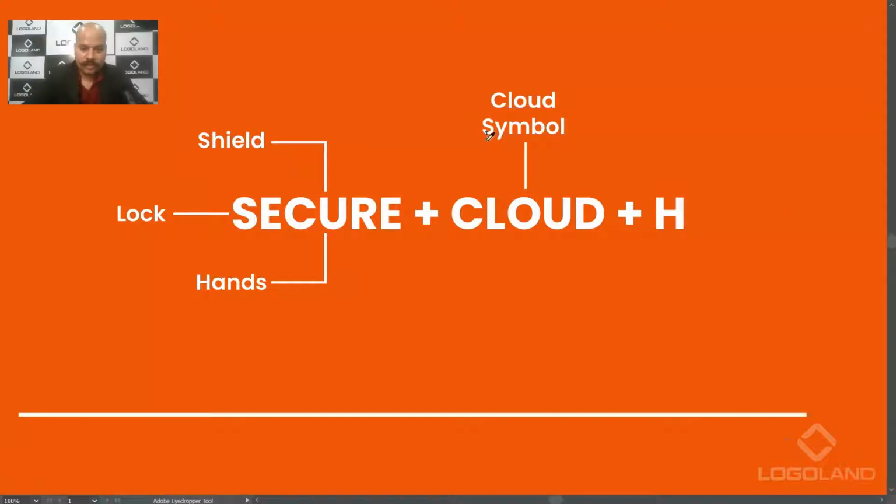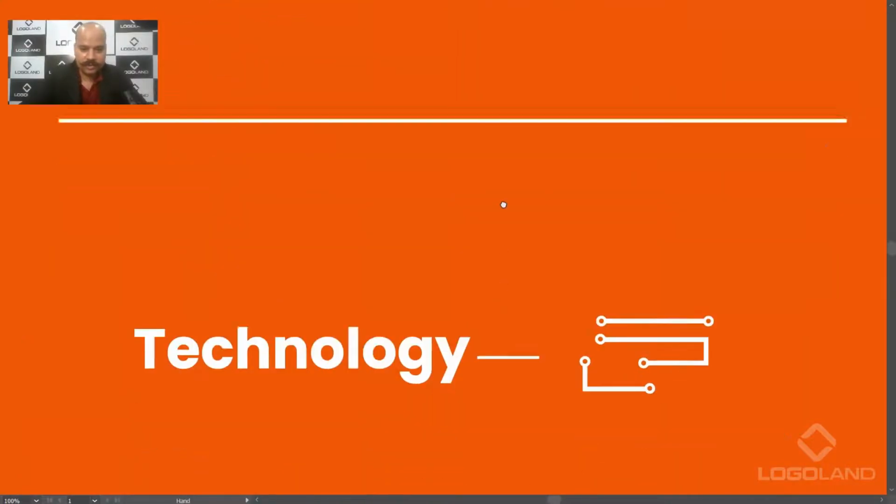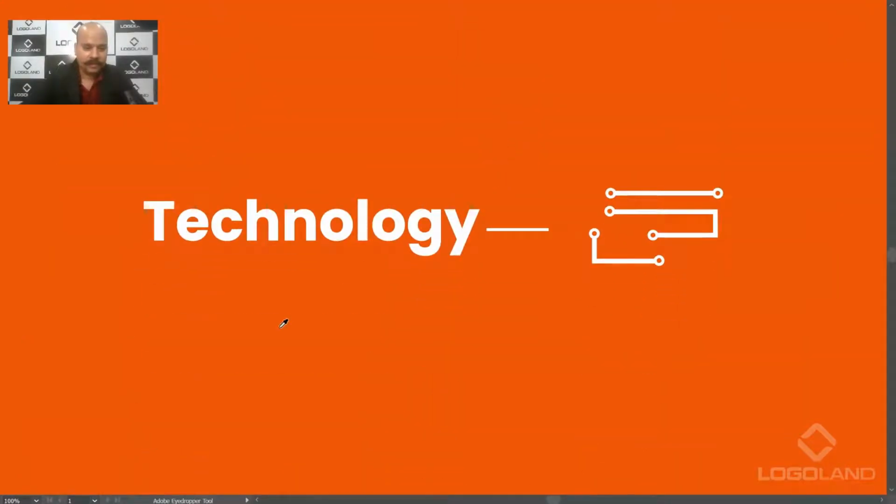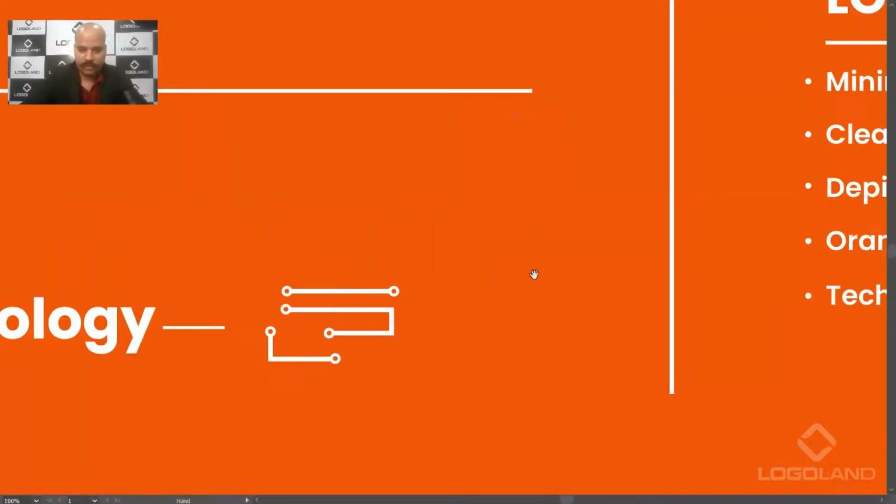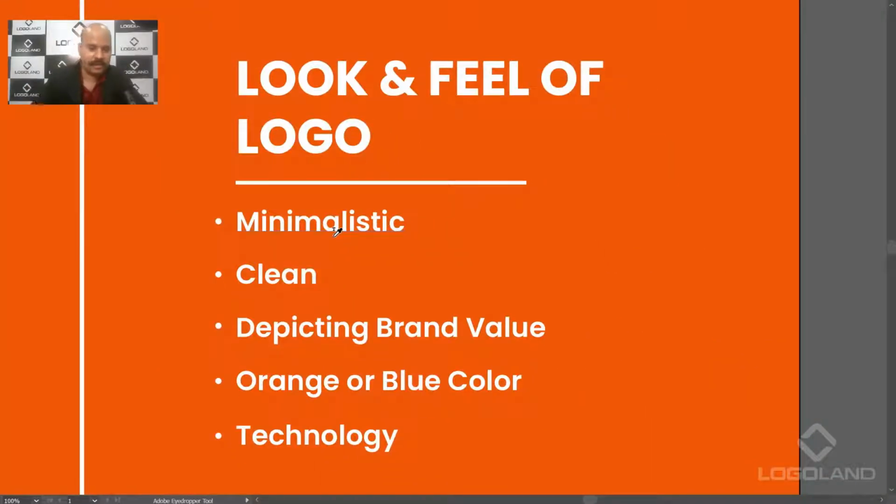So cloud, of course, I'm going to use the cloud symbol as well. H, I will have H symbol, H alphabet in the logo. So this is all about three things. Now let's move down here. Technology, because this is a cloud computing based technology, so we have to take care about this also. So this is the symbol. I maybe or may not be used, but if I go to use, I will be using this symbol in my logo. So here I have mentioned few more things which I need to take care of while creating the